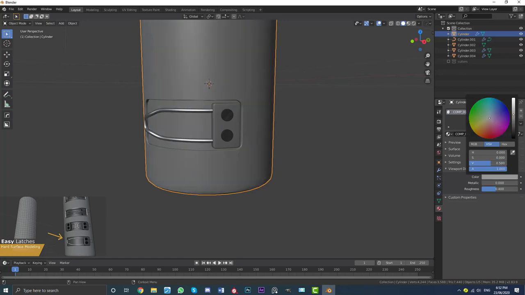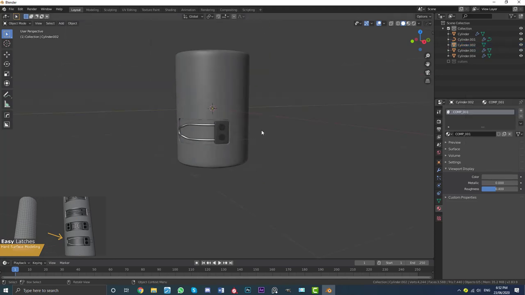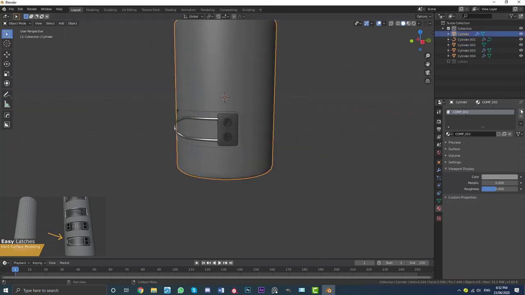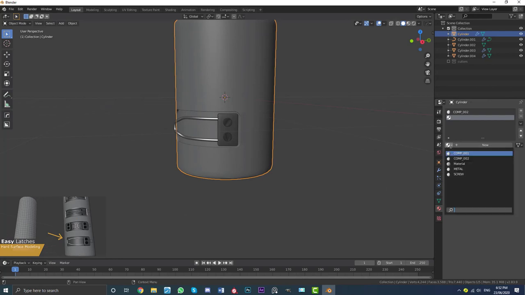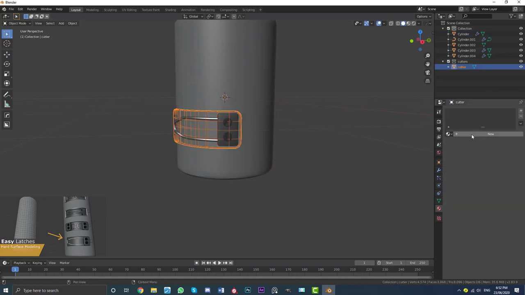And let's just make it look cool. Maybe something like this. I might grab this guy here and make it even a little bit darker, just like that. And you can also grab the cylinder here, click on the little plus, and give it that comp 1 material as well. And if you actually grab your cutter here, you grab the cutter and you go give it